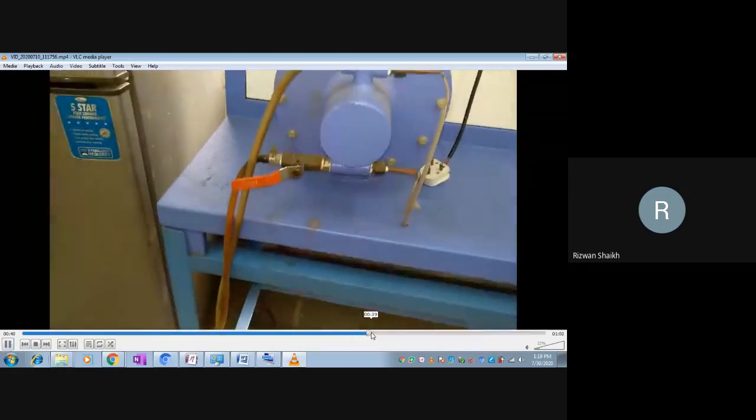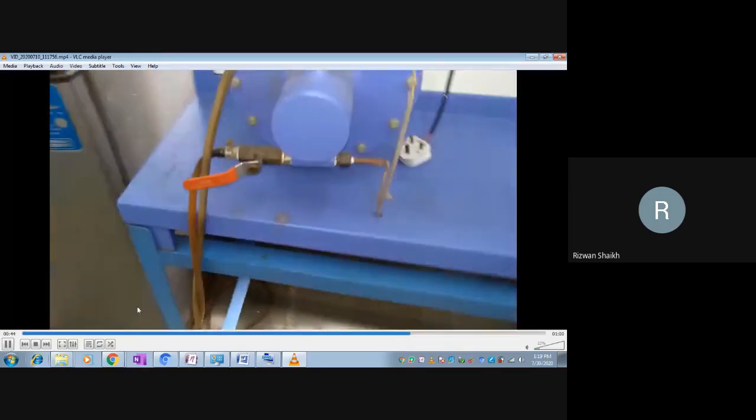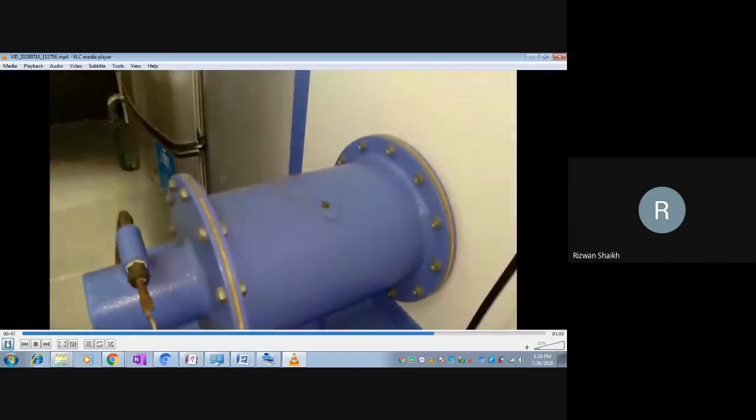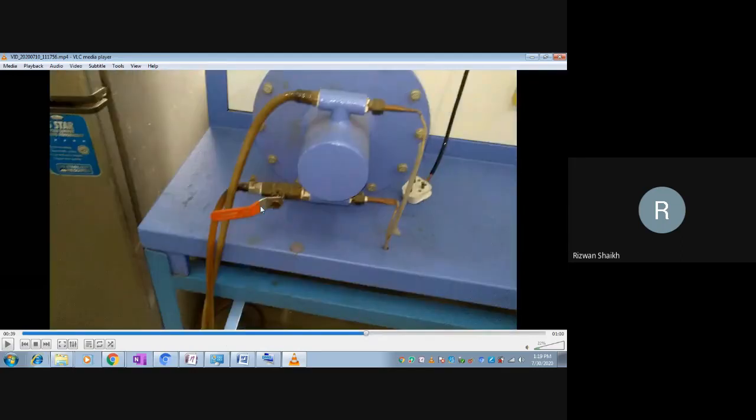Once the jar has been filled up to 1 liter or up to 30 centimeter, we note down the time. We take a stopwatch, and the moment we open this knob, the water fills into the jar, and we note down the timing with the help of the stopwatch. When the jar has been filled up to 30 centimeter or 1 liter, we stop the time. We do this so that we can get the flow rate of the water, which we already did in the FM lab.